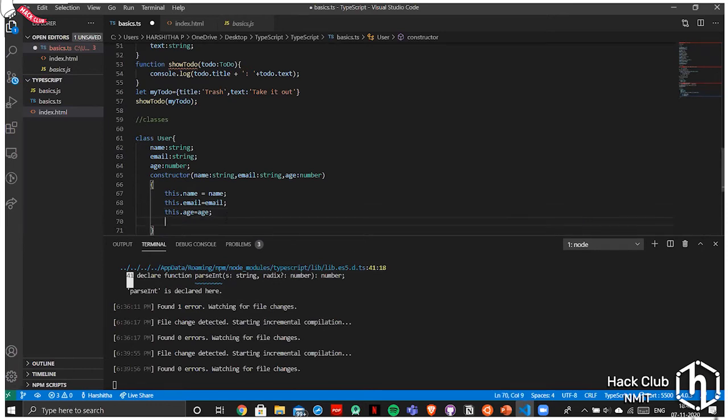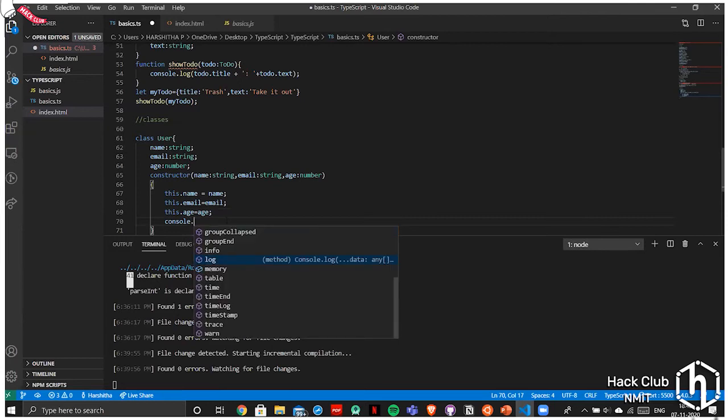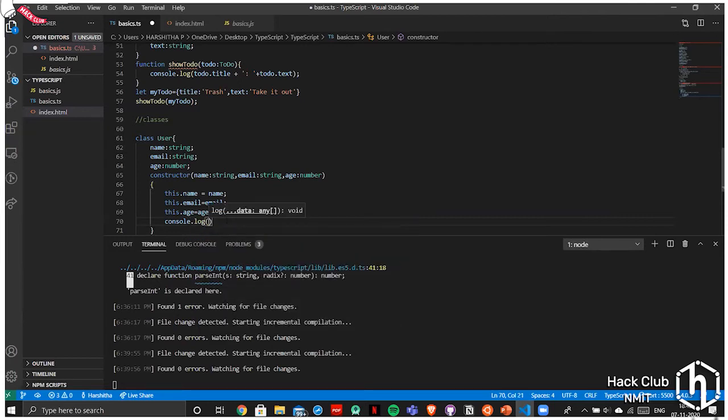Next, we'll add a console log that will say username user created. So I'll just put user created. Maybe okay. And then I'll add this.name.